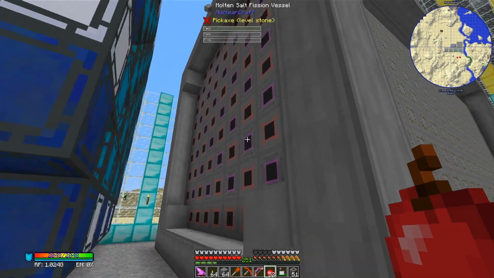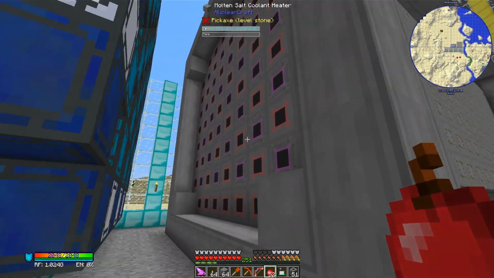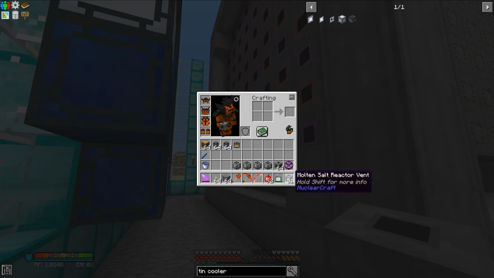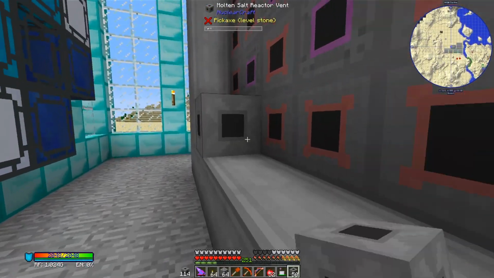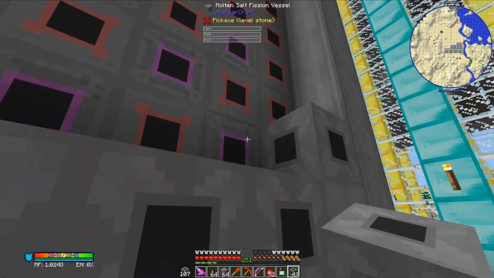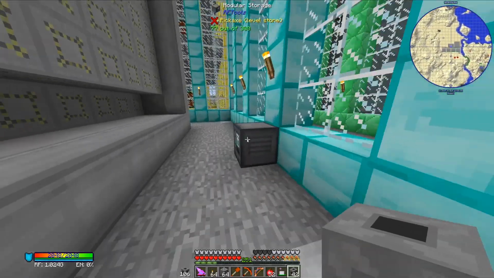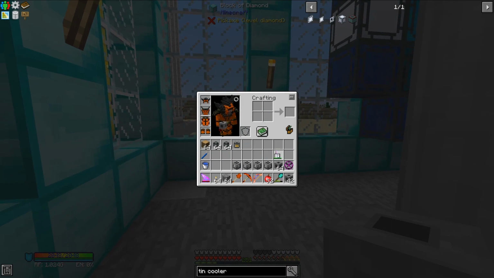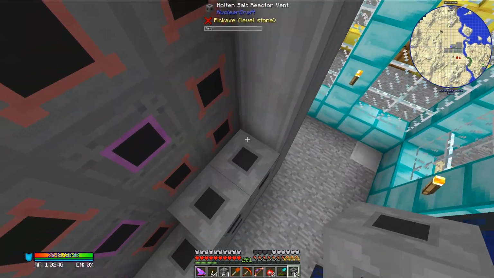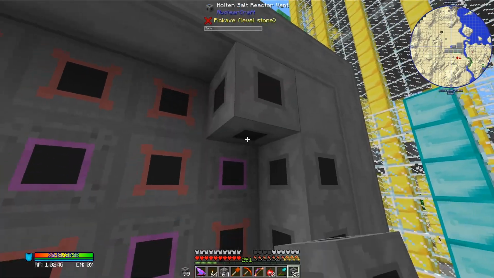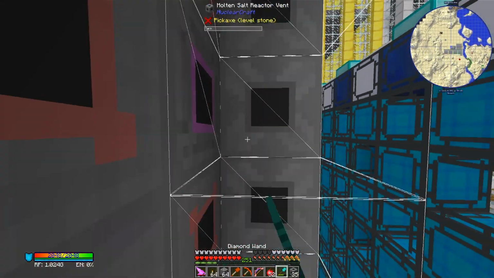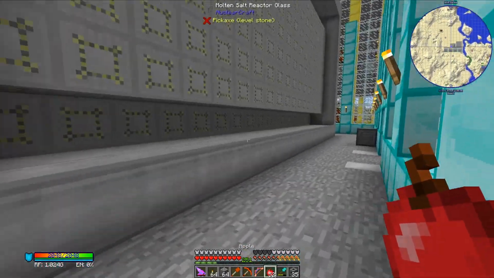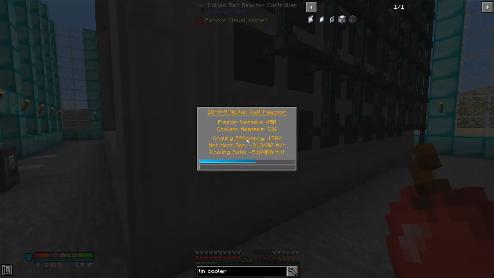So I finally finished configuring all of the ends of these vessels here. Now I need to cap off the end of the reactor with these molten salt reactor vents. So let's go ahead and do that. I don't know why I didn't grab my wand, because I learned my lesson last time. So let's grab the wand and actually use that this time. That'll make things a lot quicker. So let's raise this all the way up here, and then it should be able to wand this all the way across. So hopefully now this is a completed structure. I'm not sure if it is or not. It is,